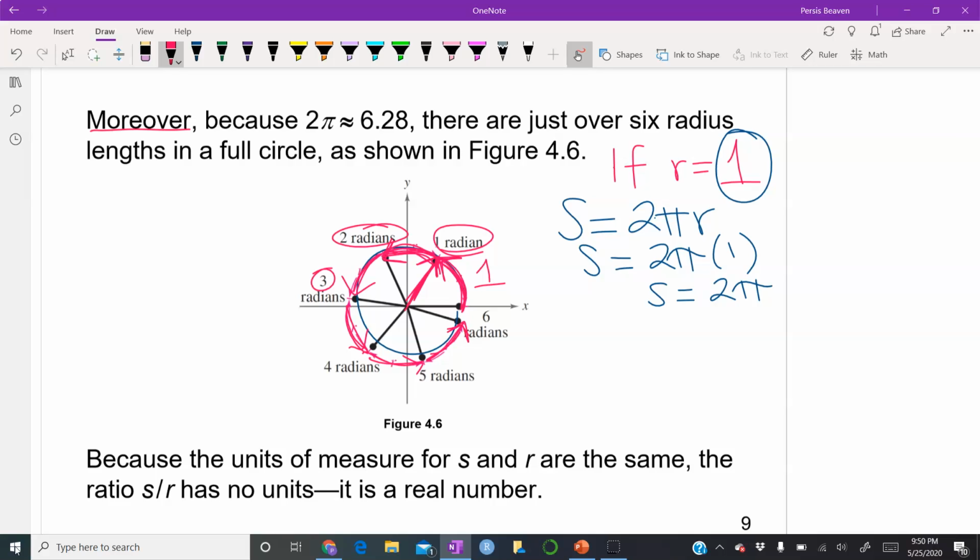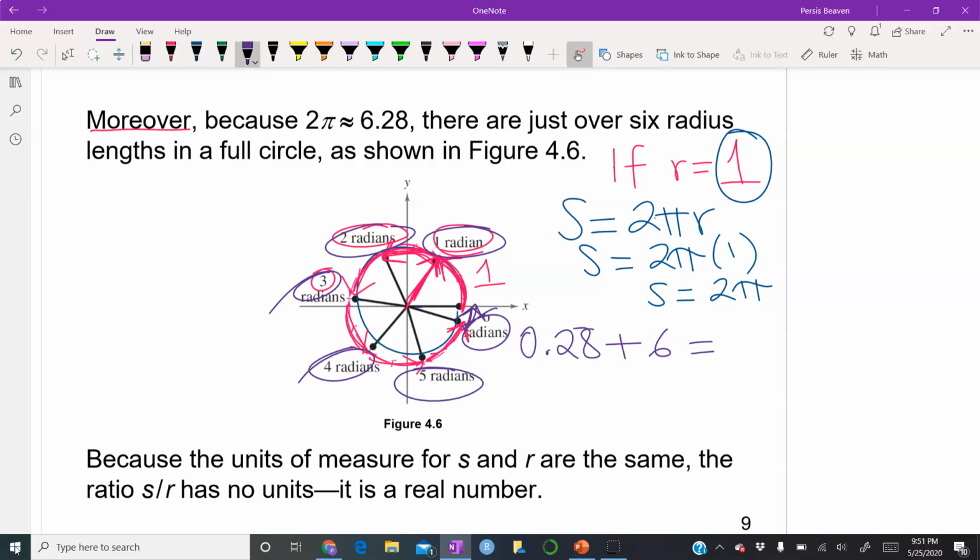And so I want you to notice how there is a little space here that we haven't covered. And so that will be 0.28 of a radian. So once we put those 6, remember it was 1, 2, 3, 4, 5, and 6, plus the 0.28,